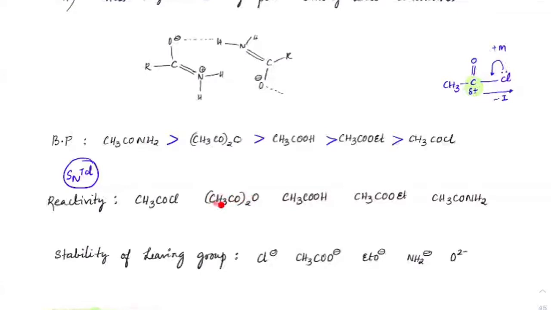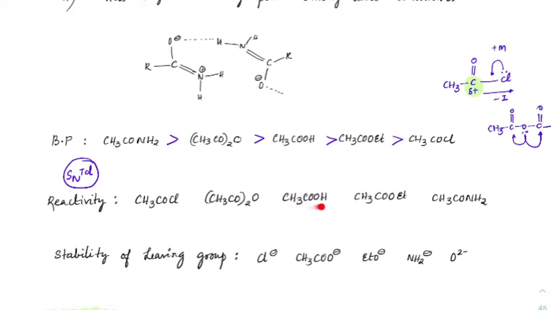The anhydride problem is it will have cross conjugation. Oxygen will give conjugation on both the sides. So CH3C=O, O, C=O. So it will give resonance stabilization here as well as this side. That's why it is more reactive for nucleophiles to approach.